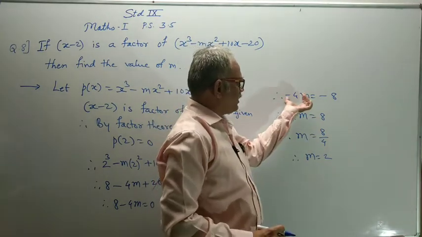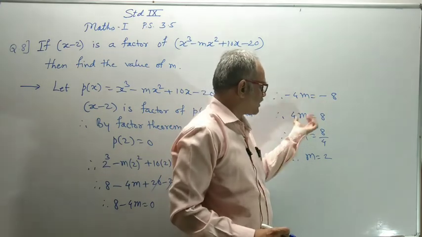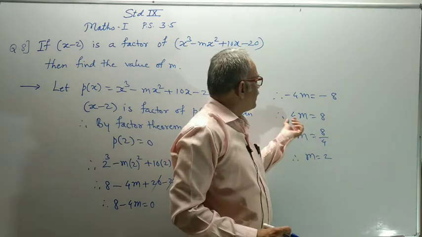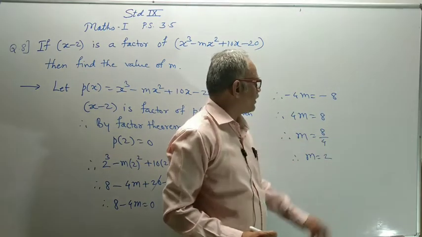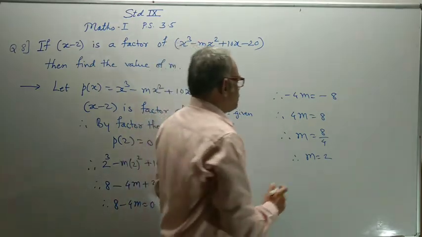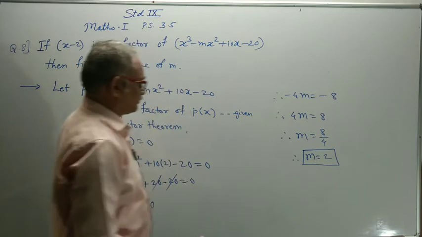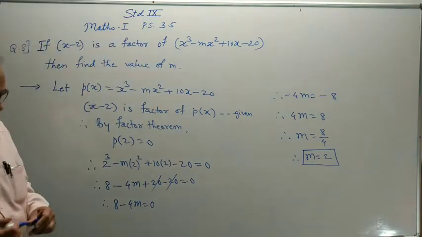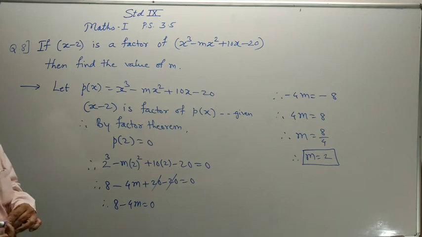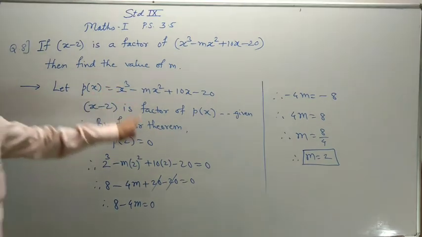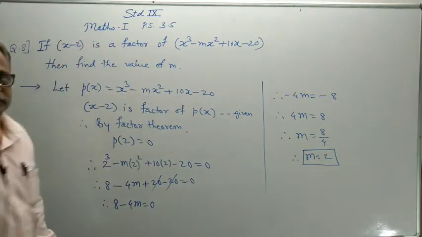If the variable term is negative, make it positive by changing the sign on both sides. Then shift the multiplier to the other side as a divisor. So it is easy to do the calculation, avoiding mistakes of sign. So neatly observe and write. First write this part and then write this part neatly.